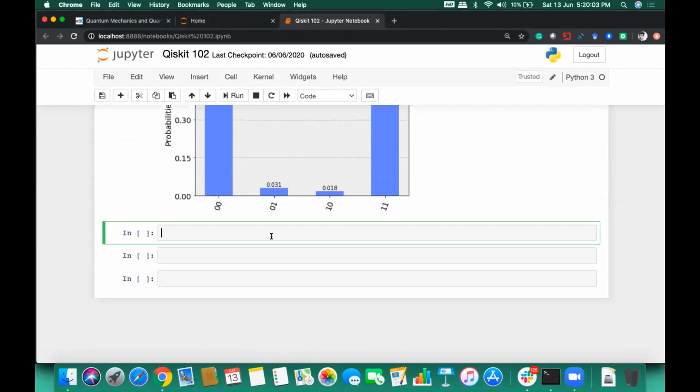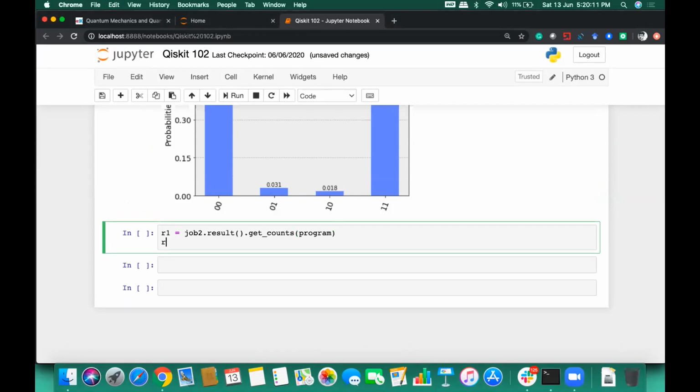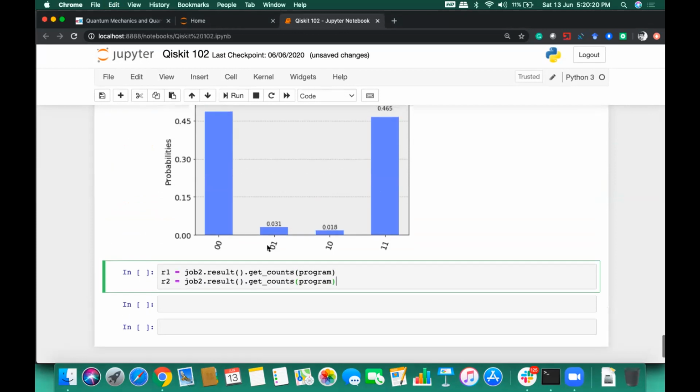Okay, so I'm going to store the result of the previous jobs in a variable, and here instead of just plotting the histograms for individual results of individual circuits, we can even plot the results for multiple circuits in one go and do the comparison.